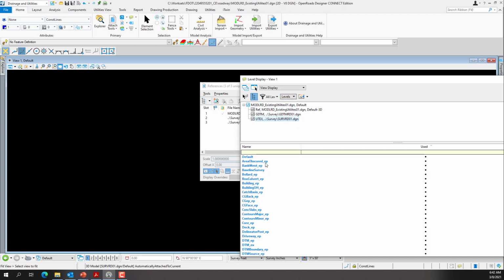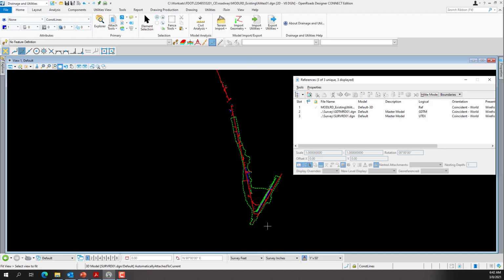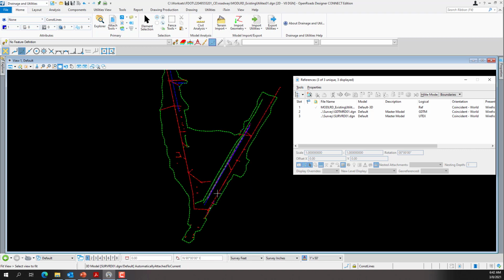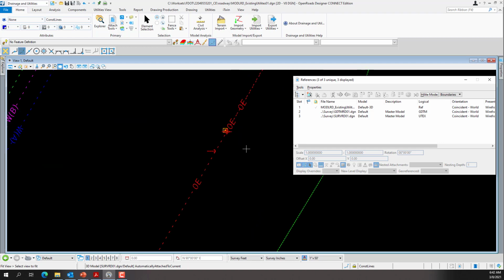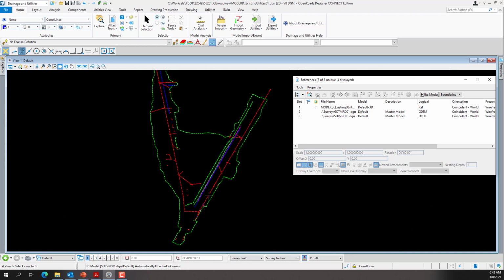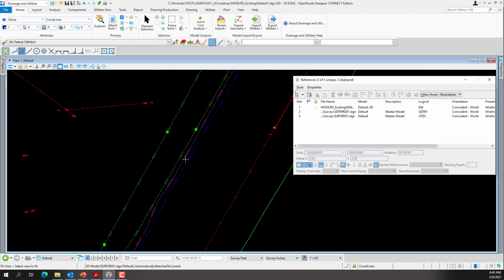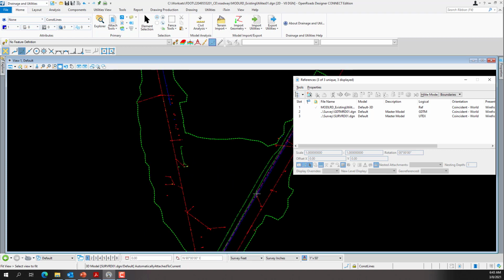You'll see it turns everything off except for utility levels. And then I can zoom back into our project area, and we'll see now that we only have utilities shown. We have some overhead lines. We have a water type A, a non-potable water system type B line, and a sanitary sewer type B. Those are the lines that we'll be extracting, these underground utilities, in the next exercise. There's not too many of them, but we'll show you how the tool is working.